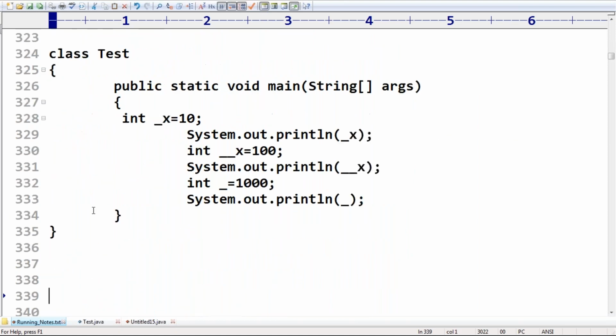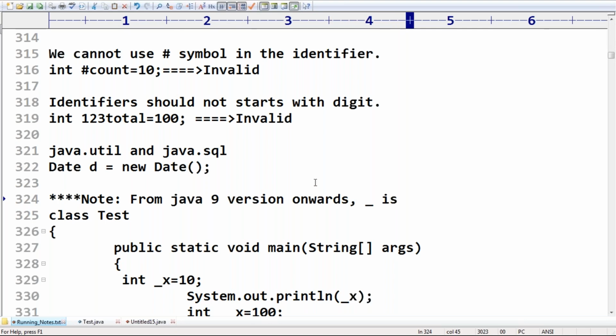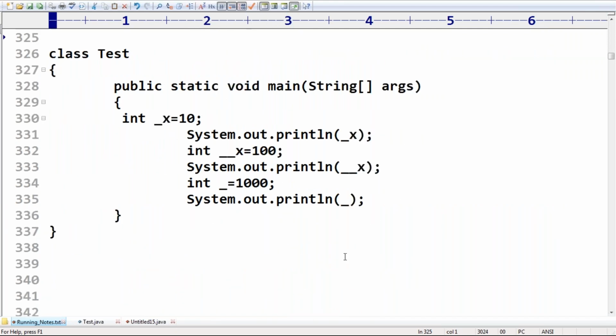So from Java 9 version onwards, underscore is a keyword, and hence cannot be used as an identifier.